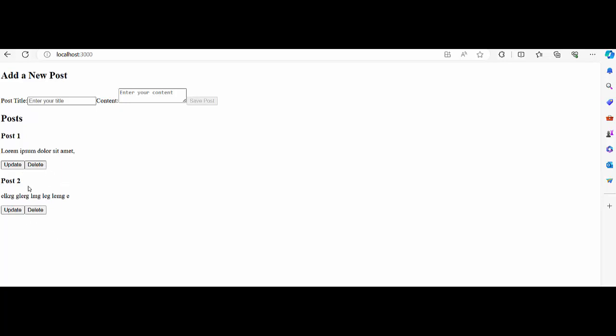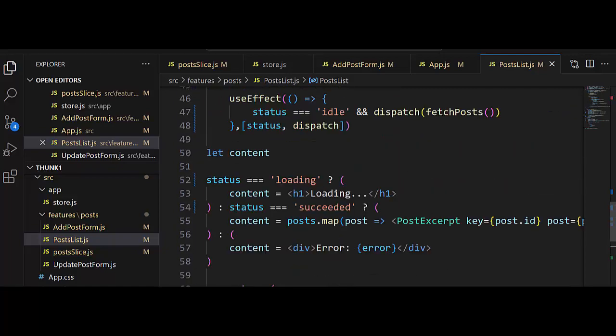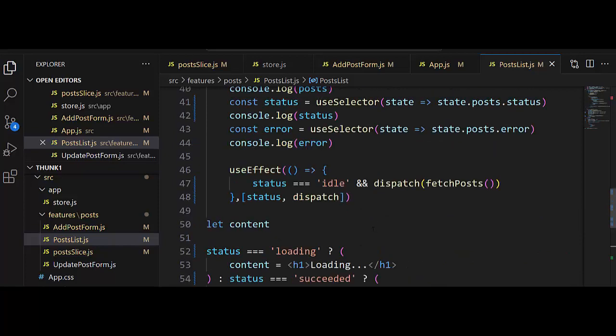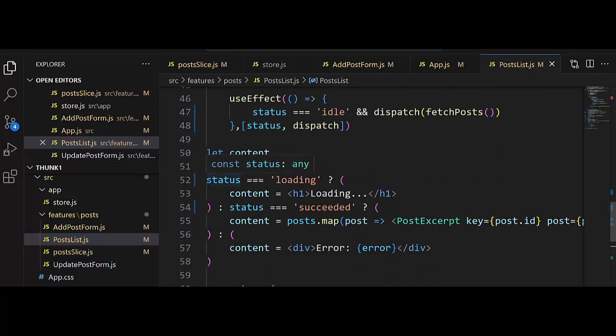And after loading, we have fulfilled, and at that moment we see the full array, complete: post 1, post 2. PostsList returns the title post in this section, and returns this variable content. What is content? Content is a list, the post list. Here it is, content is the list, and if status equals loading, it is